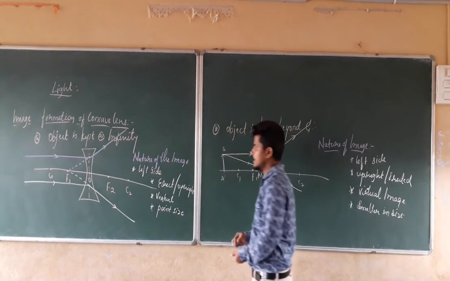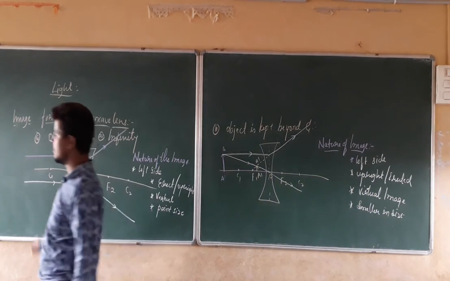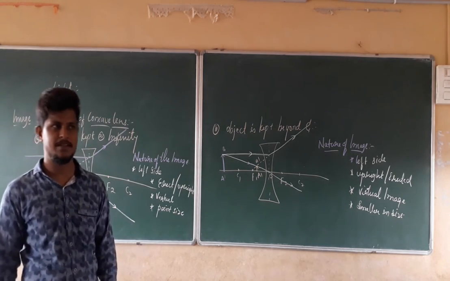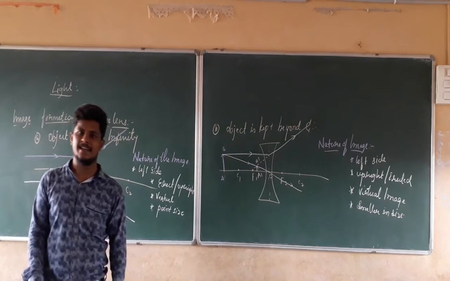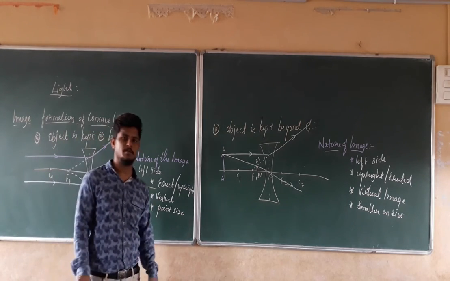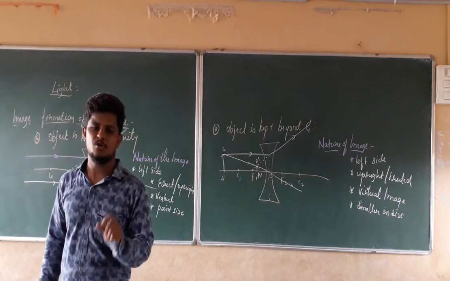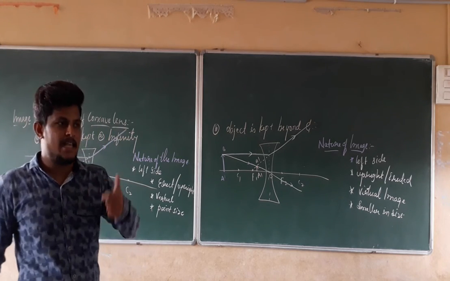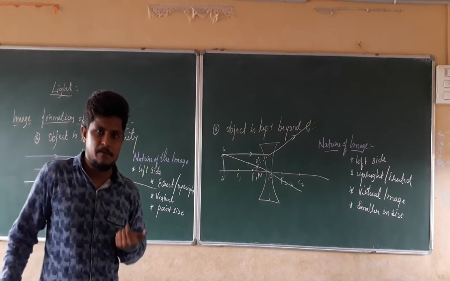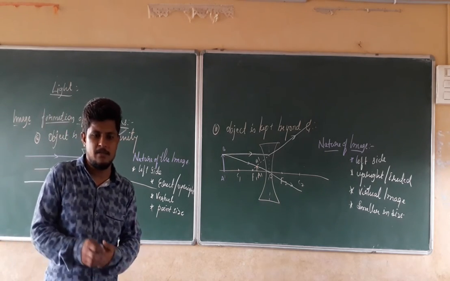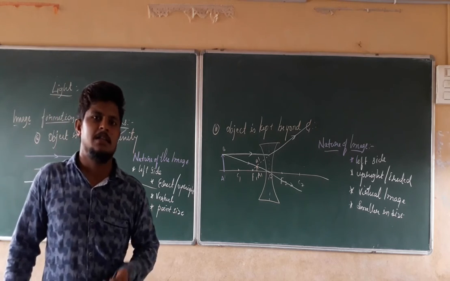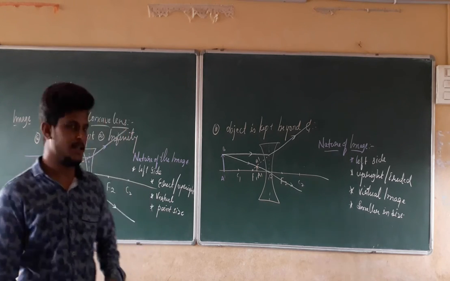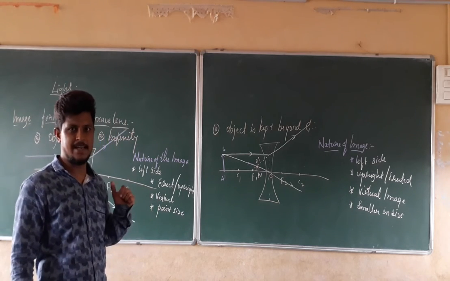These are the ray diagrams which come in the image formation of spherical lenses, that is nothing but concave lens and convex lens. There are a total of 8 ray diagrams in lenses. In the same way, a total of 8 ray diagrams in mirrors. So you should remember all the ray diagrams. You should draw all the ray diagrams accurately, as well as make a table of the different positions of the object: how the image is going to form, the position of the image, the nature of the image, and the size of the image you have to mention in that table. As well as you have to accurately draw this ray diagram.